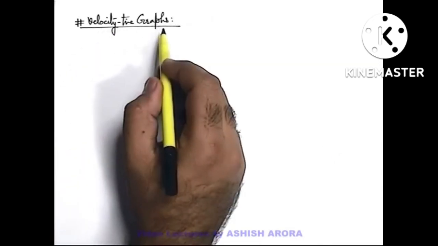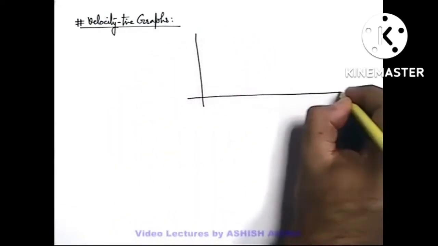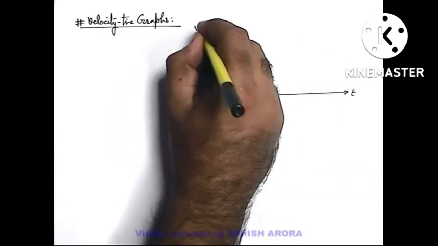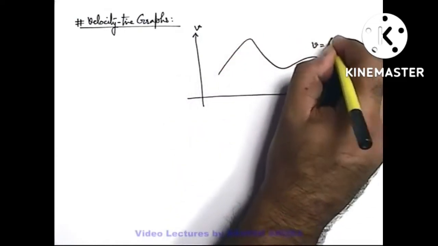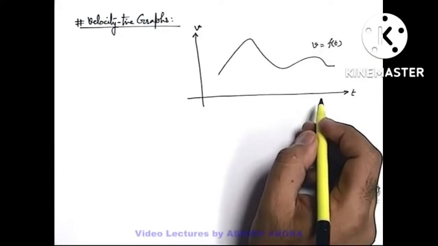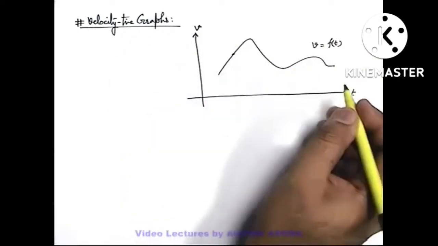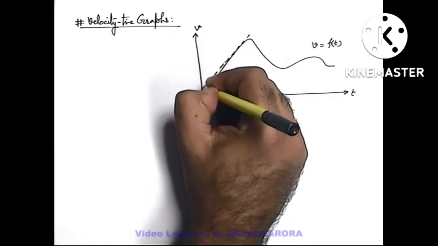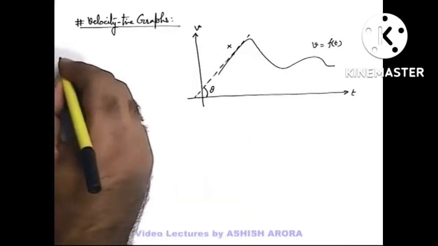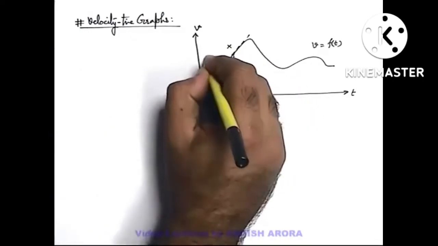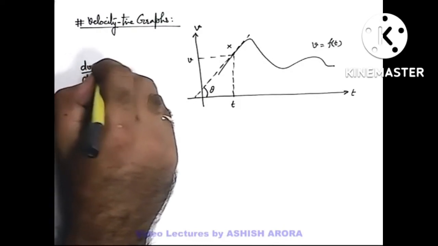If we talk about velocity time graphs, these are the graphs relating velocity with time. Say we draw a graph in velocity and time for motion of a particle. This graph is drawn for the function of velocity, how it varies with time. At any position of this graph, similar to that of displacement time graph, here if you draw a tangent and you find out the slope of this graph, say at point x, we can simply state this point is relating time with the velocity. And here the slope can be written as dv by dt,